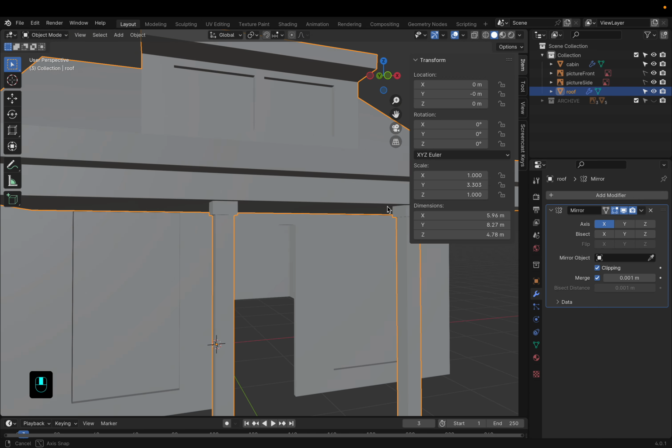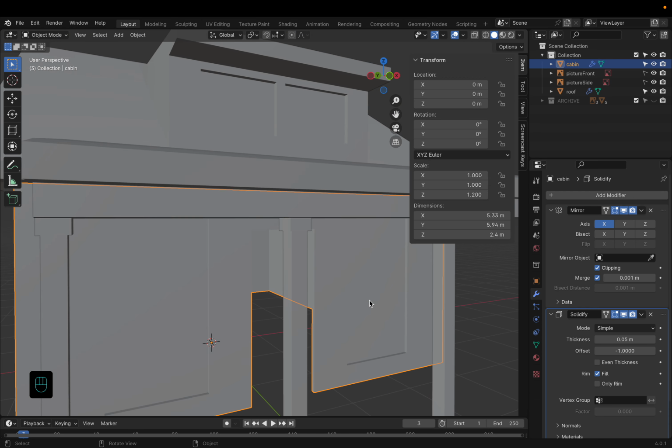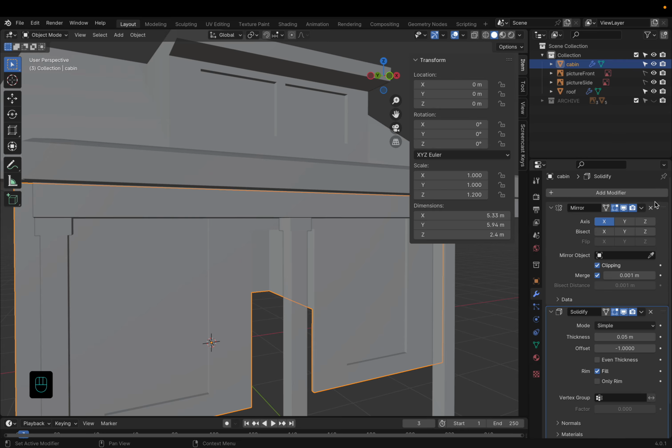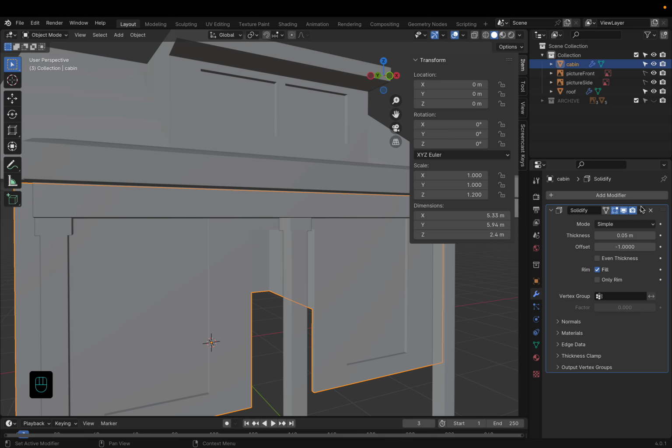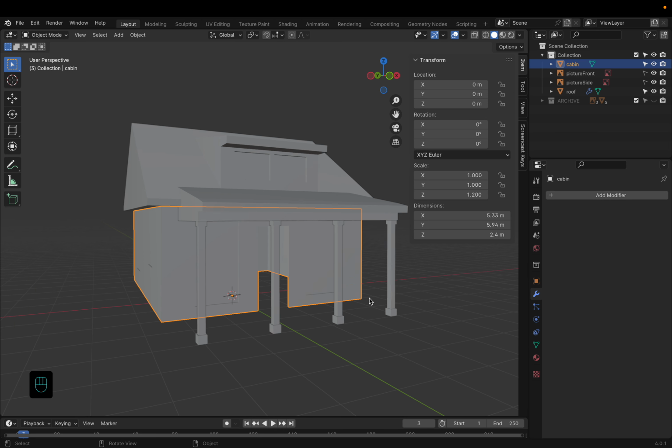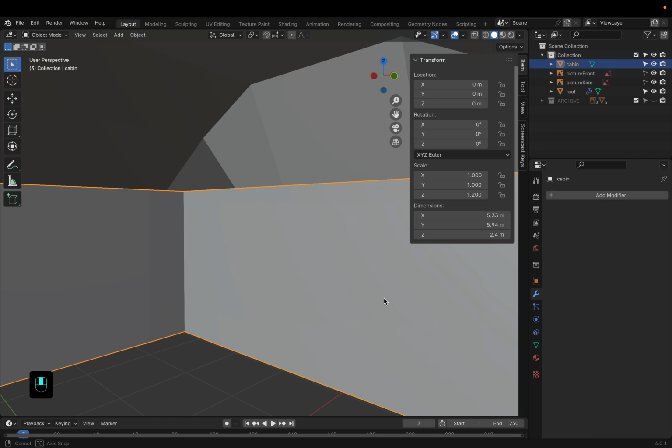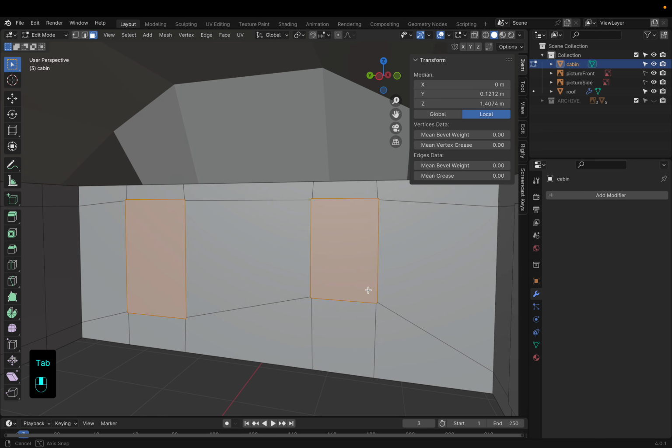It looks beautiful. Okay, so now what we can do is go here and say, yes, I want to apply, and have to be in object mode to apply your modifiers. Yes, let's apply the mirror modifier. And yes, let's apply the solidify modifier. And now, if I go into here, now I can see